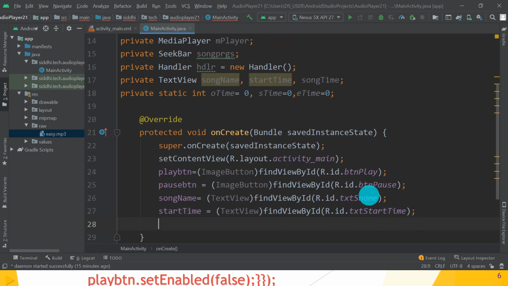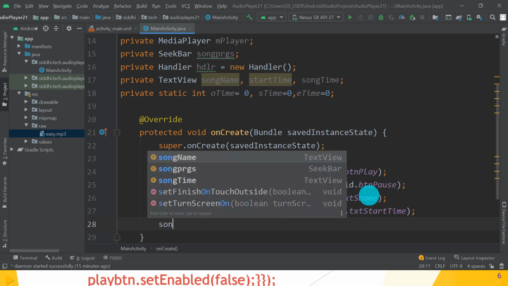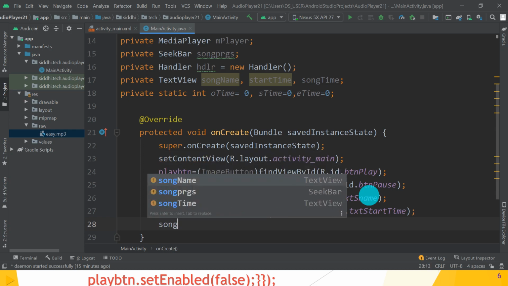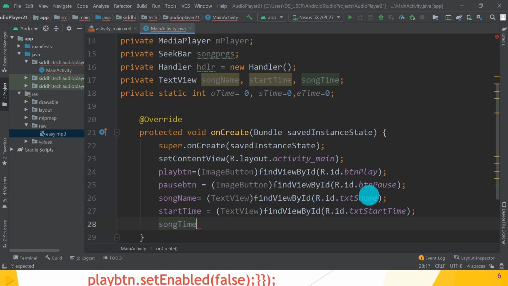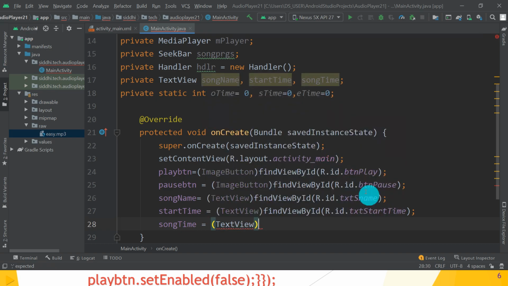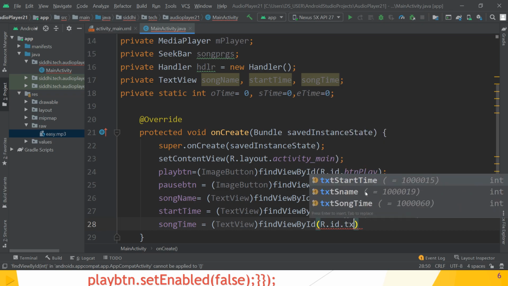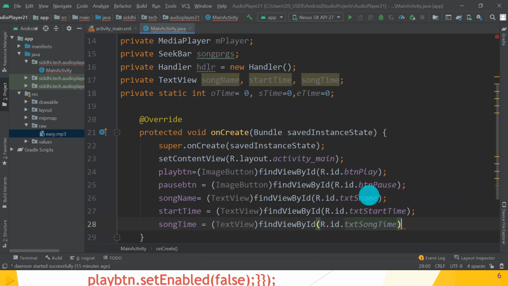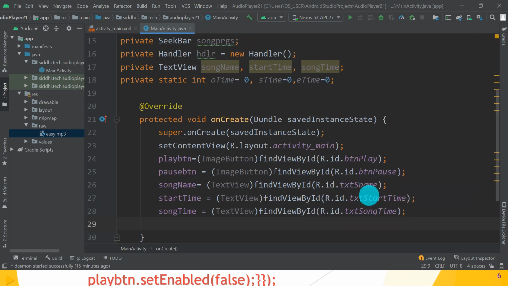Great. After start time, song time. So song time, that is the total duration of the song, is equal to TextView, findViewById, R.id.txt_song_time. Great. Guys, hope you understand this.